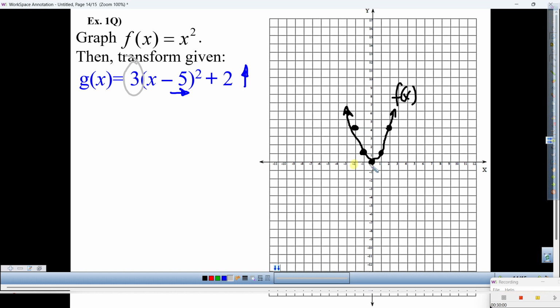So that means this point, I'm going to start with this one. Look up. -2, 4. Instead of -2, 4, now it's going to be -2 what? 3 times 4. -2, the output was 4, but we're going to multiply that times 3, so that gives us -2 what? All the way to 12. Put that with your pencil. Use your pencil for that one. Here it is. I'm going to use a gray because that's not the final